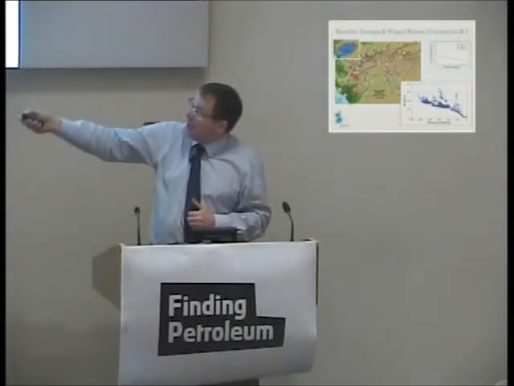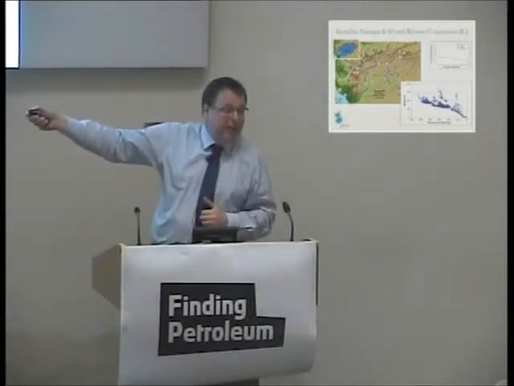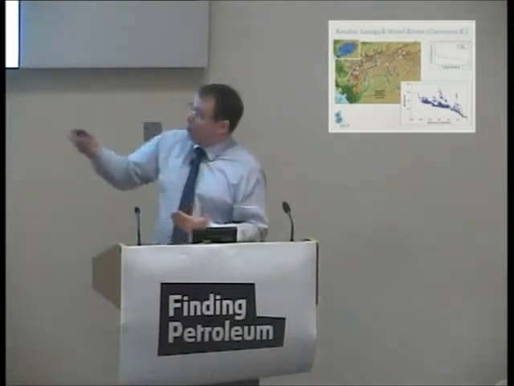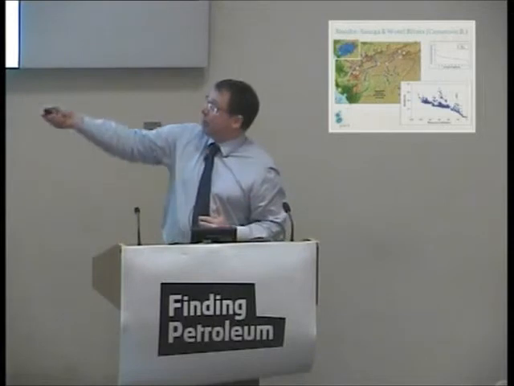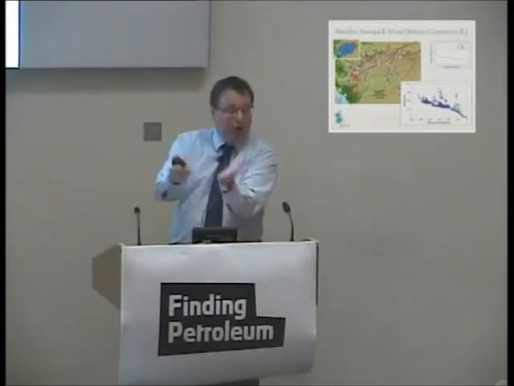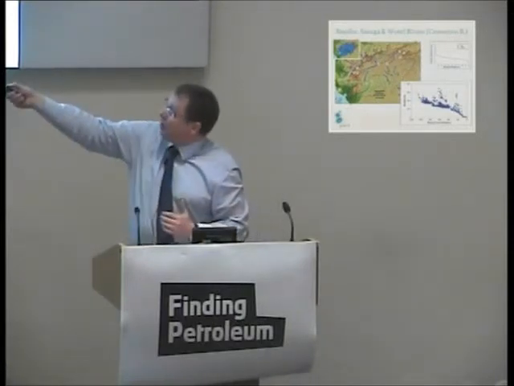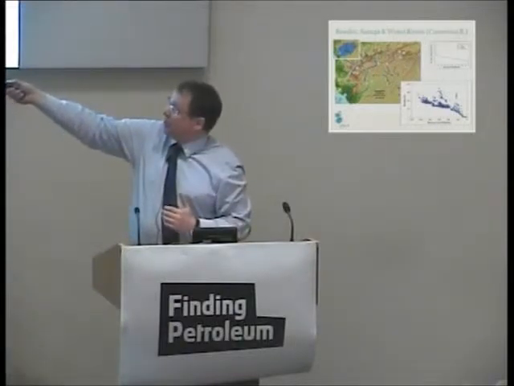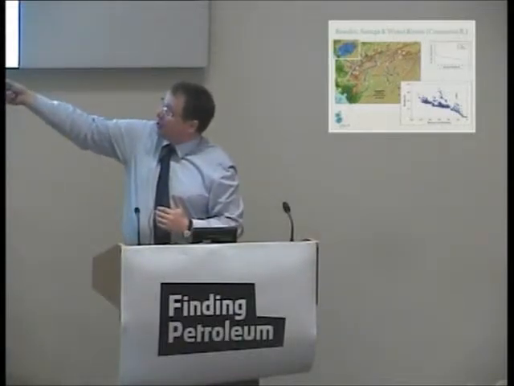Now, the actual asymmetry of this is immediately indicative of some sort of change. And it's typical of an area that's been tilted. And again, we've got the Cameroon Highlands to the north. We know this area has been tilted, with the rivers wanting to run downhill, which is in this direction. So that's immediately giving us a clue.